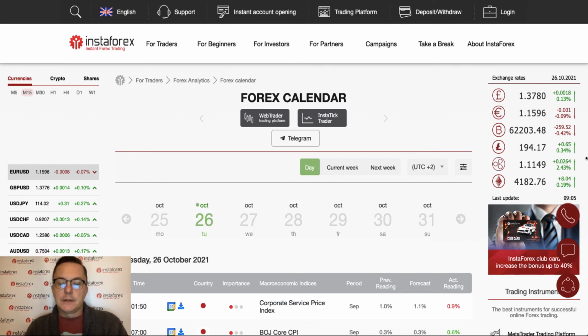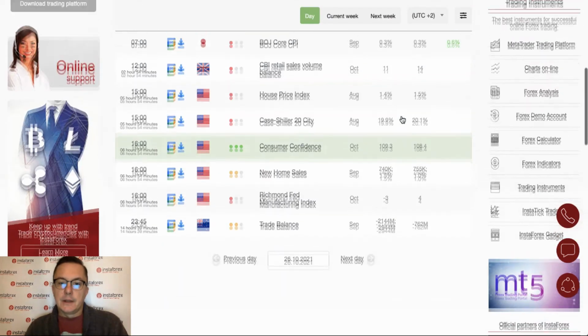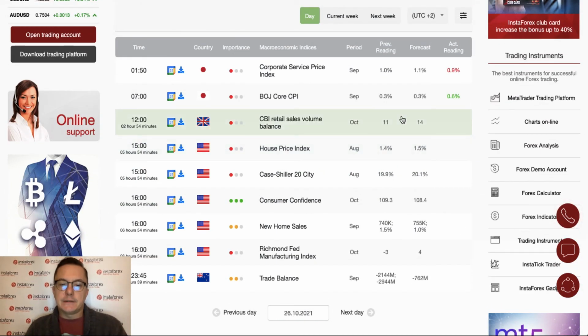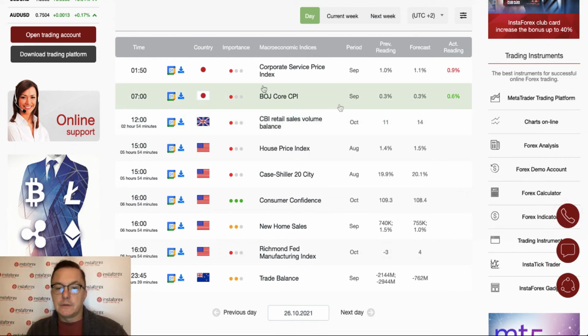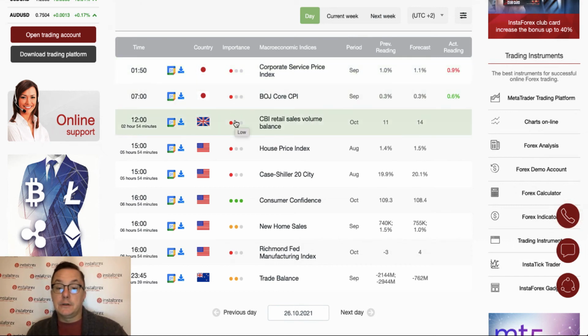Today is Tuesday, October 26th of 2021. Let's take a look at the Forex calendar at the beginning of our review. What do we have here? Some data from Japan had been released overnight, but none of them were really important. London session is empty. As you can see here, only some CBI retail sales volume balance from the UK is scheduled for release at noon,